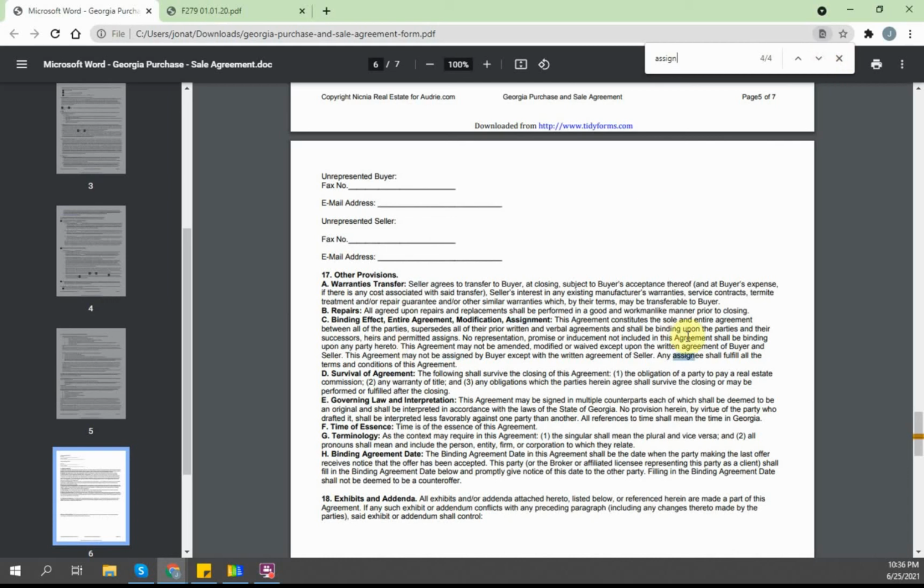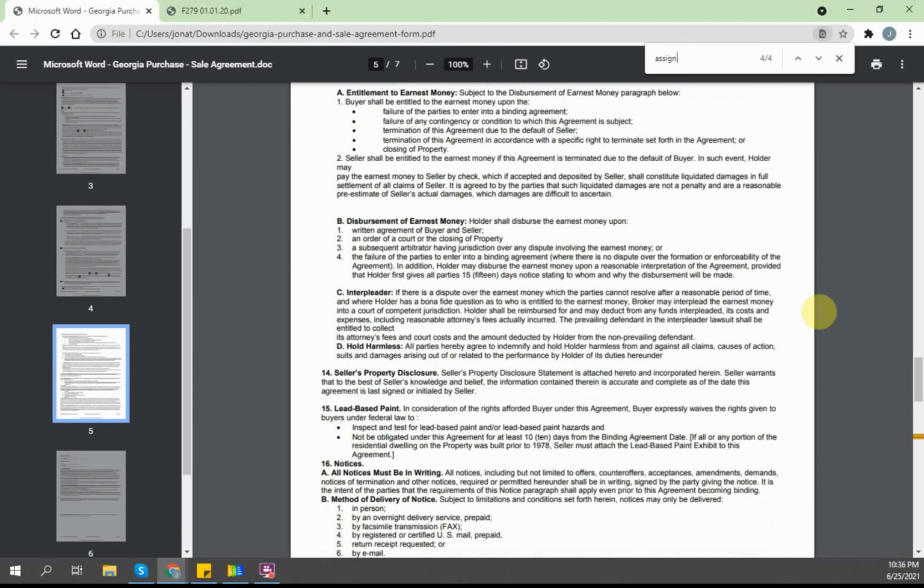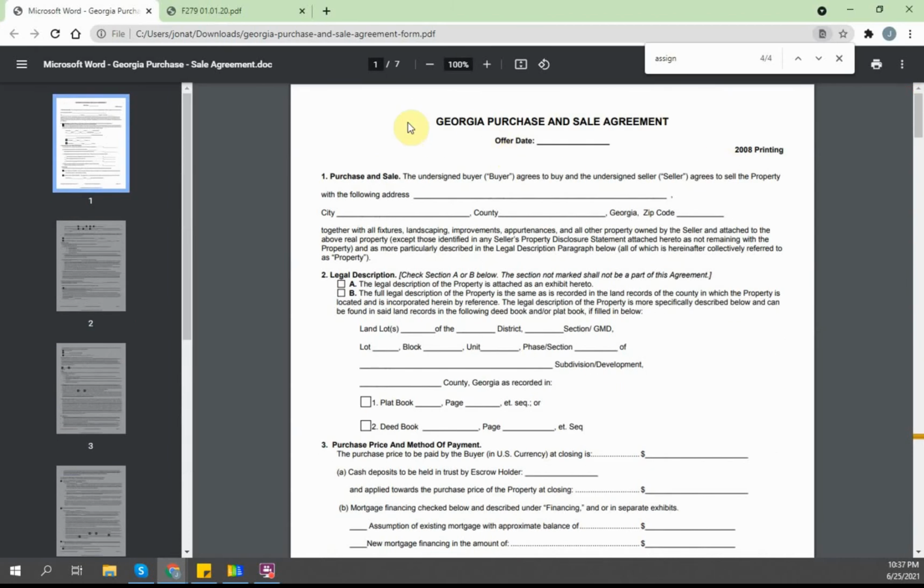Every real estate contract is assignable, even if it doesn't have this clause. Now, if it has a no assignment clause, then it's not assignable. There are some purchase and sale agreements that do have that clause, so you have to be careful. However, it's mostly used when you're dealing with bank-owned property or foreclosures, because banks don't like you wholesaling.